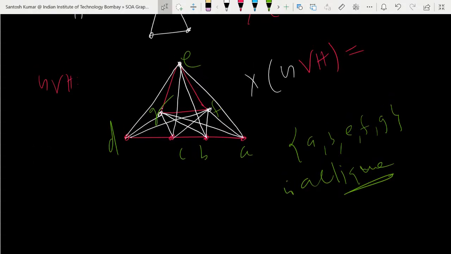So this will form K5. Check that. So directly you can say the chromatic number is going to be more than or equal to 5,